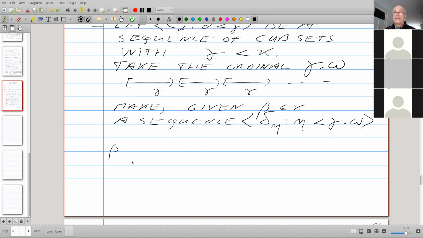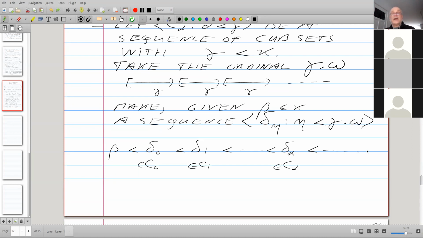We start with beta, and we take delta 0 in C0, delta 1 in C1, delta alpha in C alpha, and we keep going until we get to gamma.